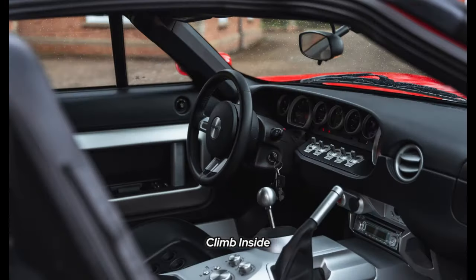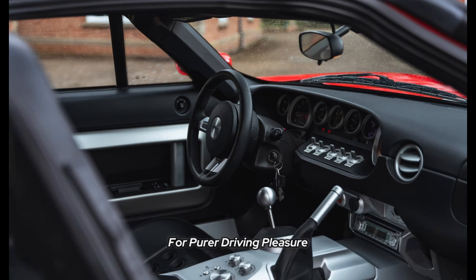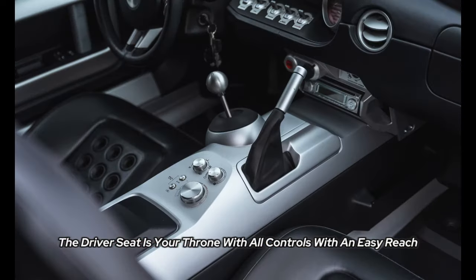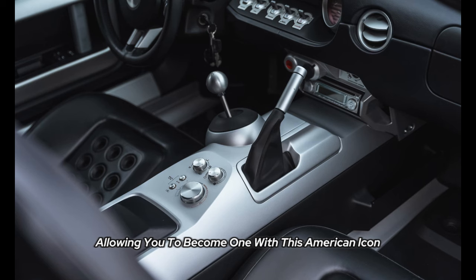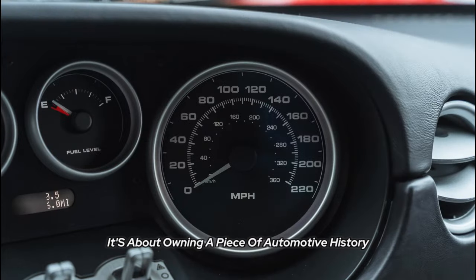Climb inside, and you're greeted by a surprisingly comfortable cockpit designed for pure driving pleasure. The driver's seat is your throne, with all controls within easy reach, allowing you to become one with this American icon. Owning a 2006 Ford GT 101 edition isn't just about driving a car, it's about owning a piece of